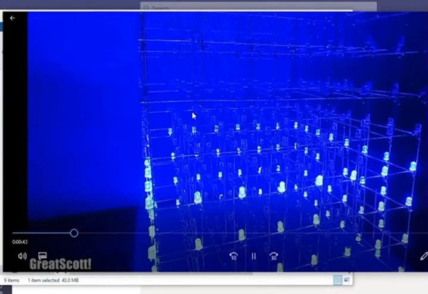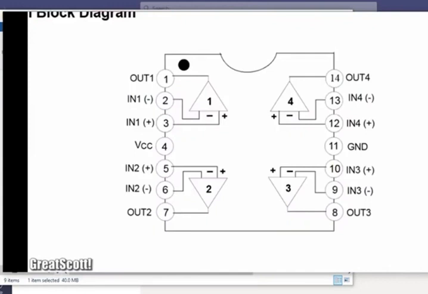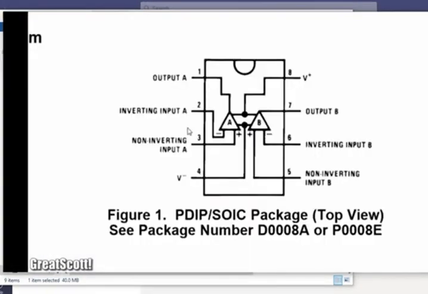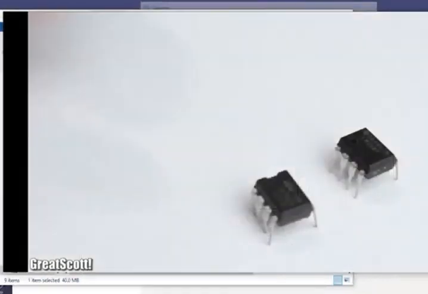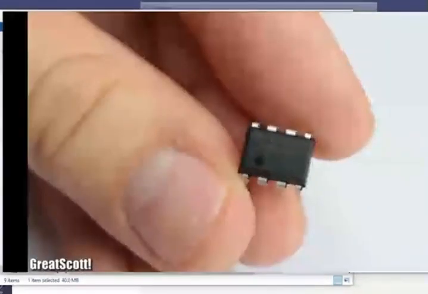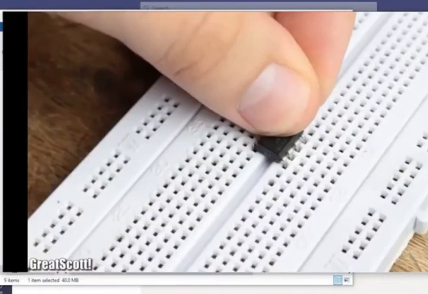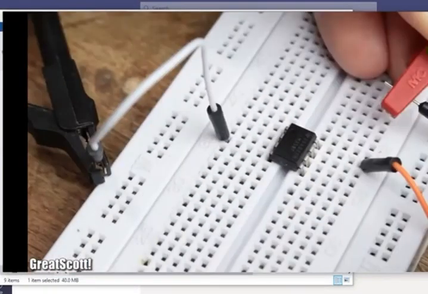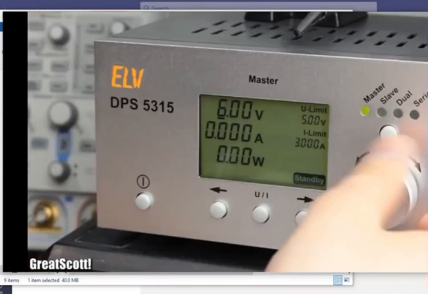First off, you can get op-amp ICs in a dual inline package with either 14 pins that usually features 4 op-amps inside, or 8 pins that features 2 or only 1 op-amp inside. As an example, I will use the popular LM358 dual op-amp whose ground pin I connected to 0 volts and V plus pin to 12 volts, which is fine because it does not exceed the single supply range of the